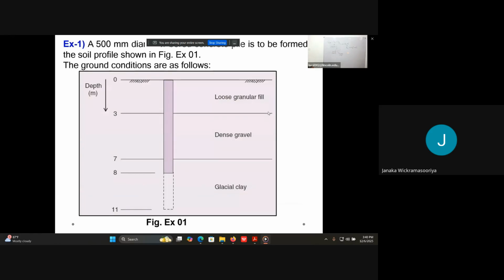So this is the, I think, question. It will be now clear for you. Now here we have a loose granular, and then dense gravel, and then at the bottom you have clay,